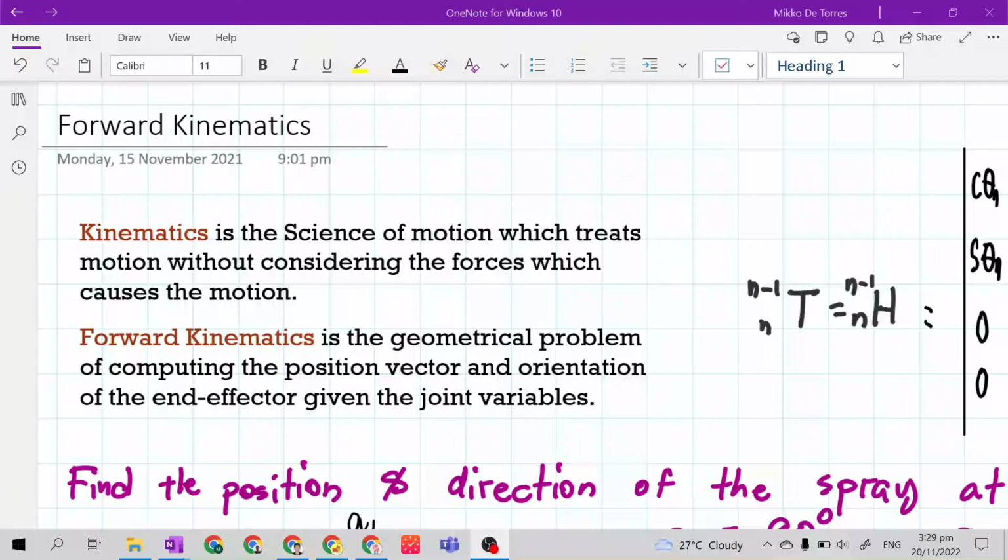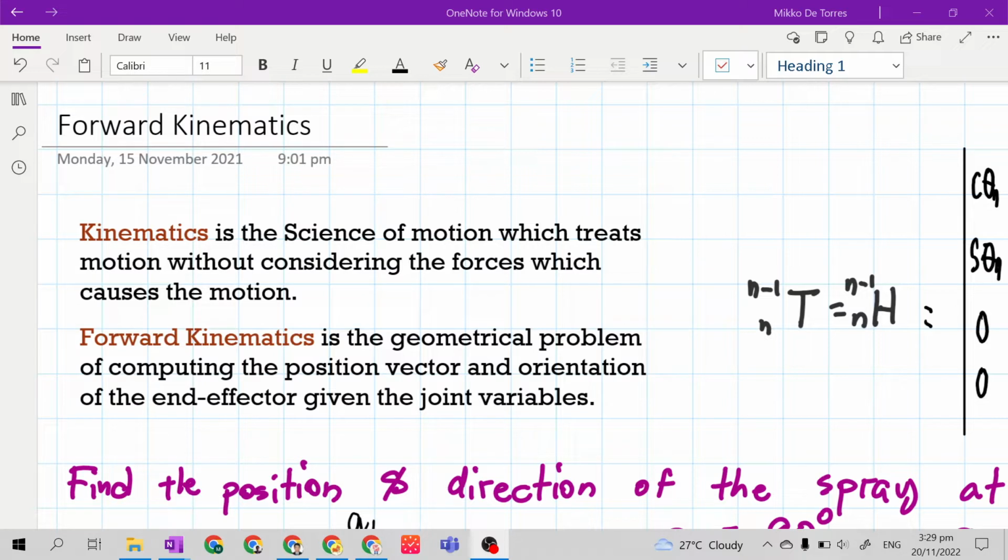Good day, class. In this video, I will discuss the importance of forward kinematics. Forward kinematics is the geometrical problem of computing the position vector and orientation of the end effector given